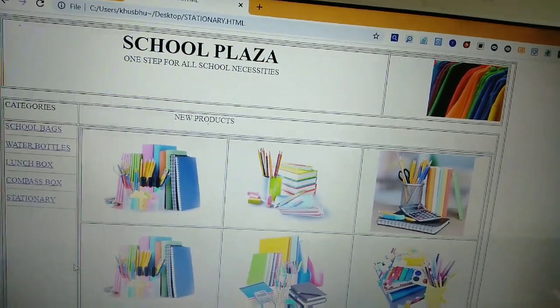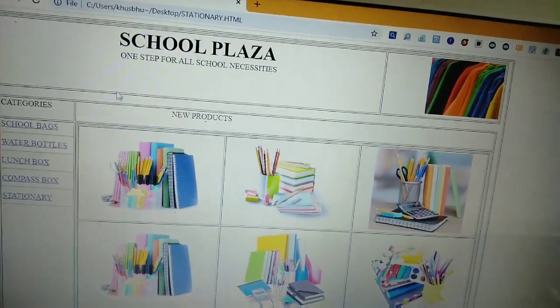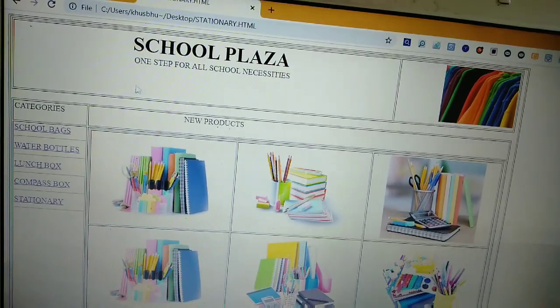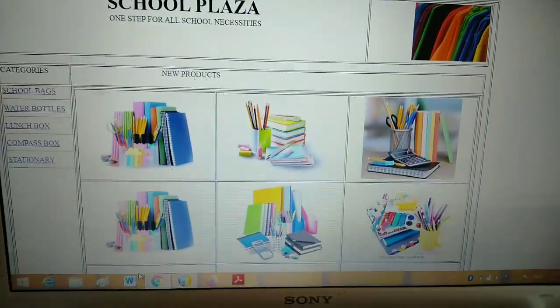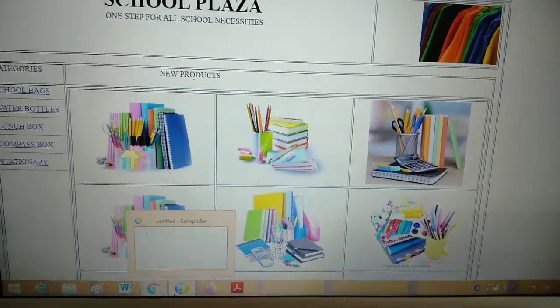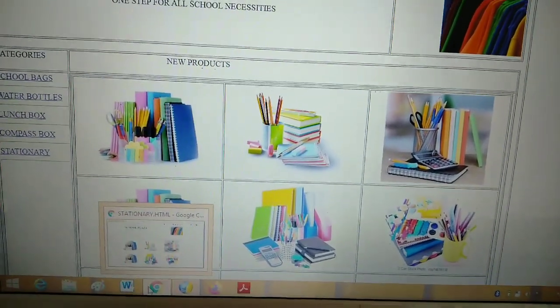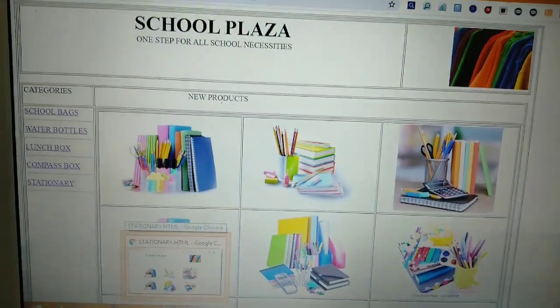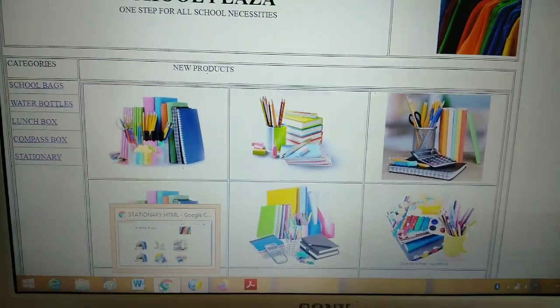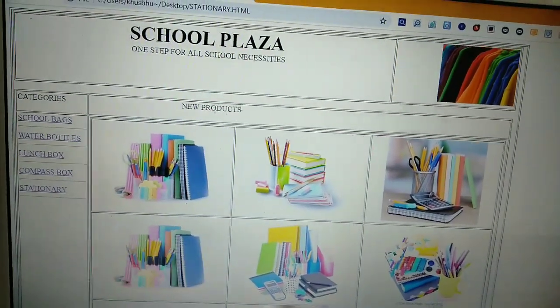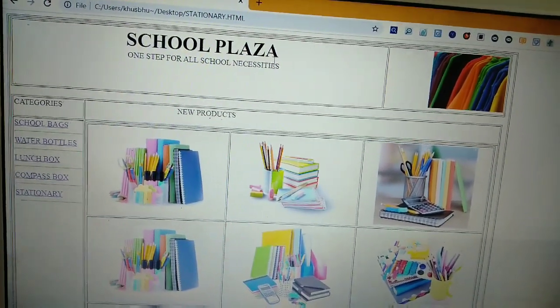So you have to create a website like this. Got it? I have created my website by using a table. I have created my website in Composer, and I am running my website in browser, the name of browser is Google Chrome, and the name of website is School Plaza.